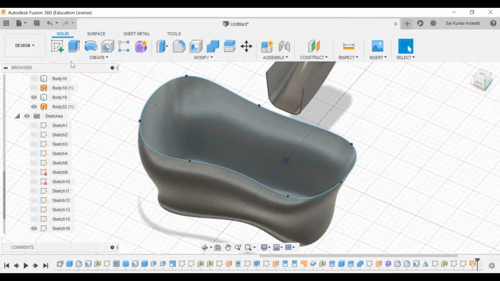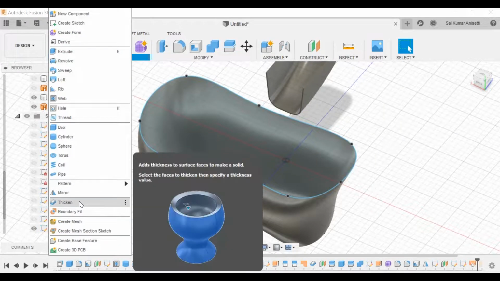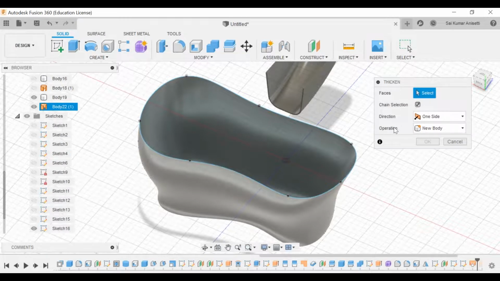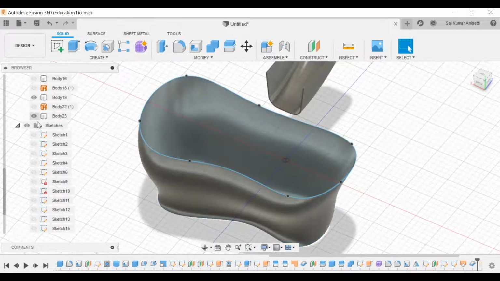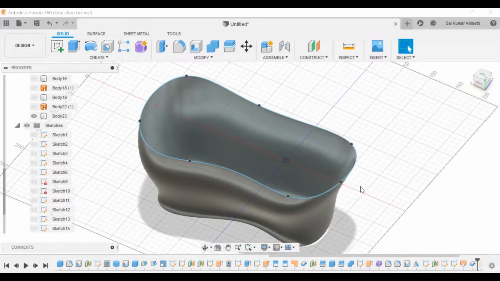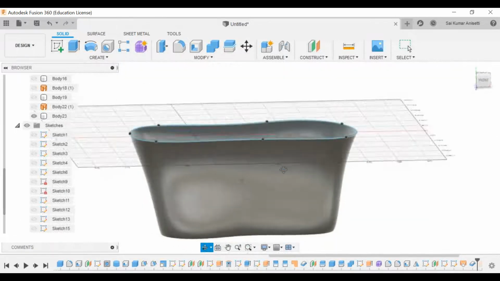Now go to solid, create, thicken, select the surface, give a negative or some value, 2 mm thickness to it, and hide all your bodies. Now this is your 2 mm thickened surface.